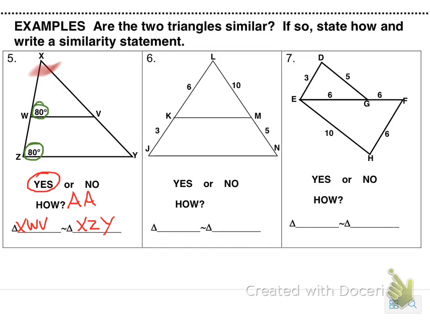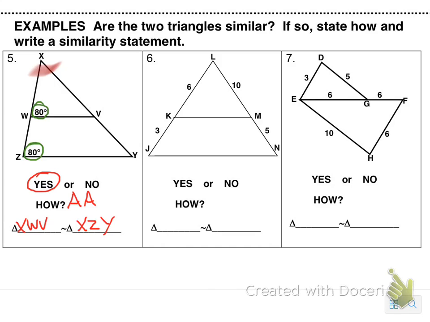Then in example 6, we have also two triangles, a smaller one embedded in a larger one, and they share one angle there at L. So there's an angle that is congruent to itself, even though the angle is a part of both triangles. So that's the only angle that we know anything about, so it looks like the similarity theorem that we're going to use